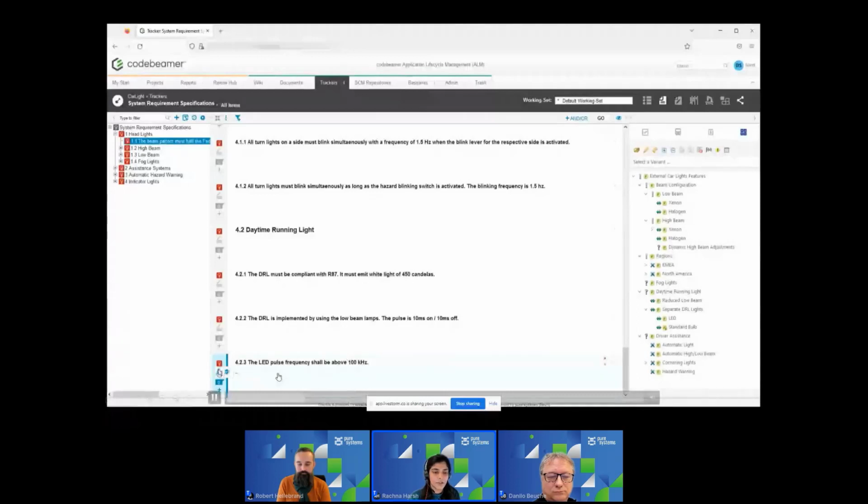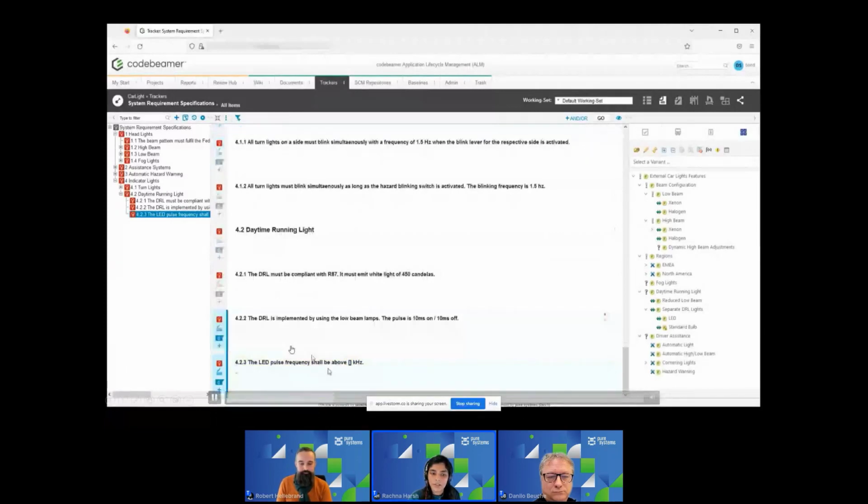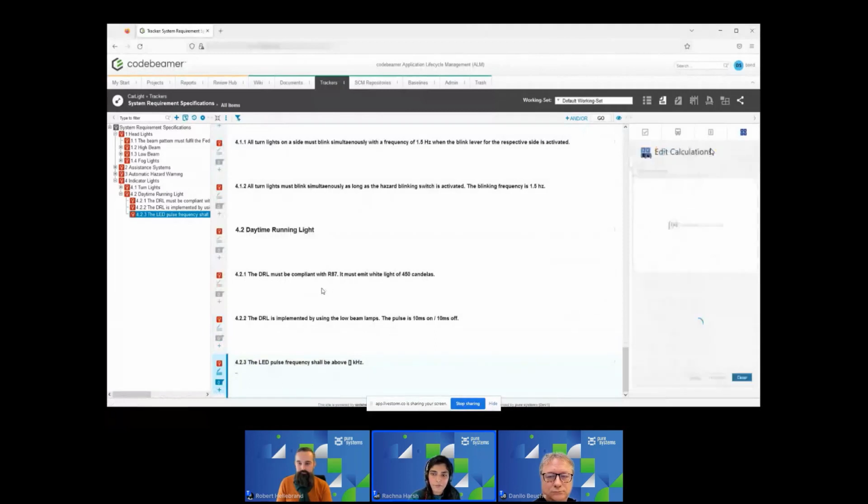So as you can see, we have a requirement over here, which already consists of a value. And now I would like to show you how simple it is to add a value in here just with the help of the substitution syntax over here. As you can see, I will now select this requirement and once again make use of the in-tool integration on the right-hand side, and then click on calculations to insert a formula from where I am actually going to